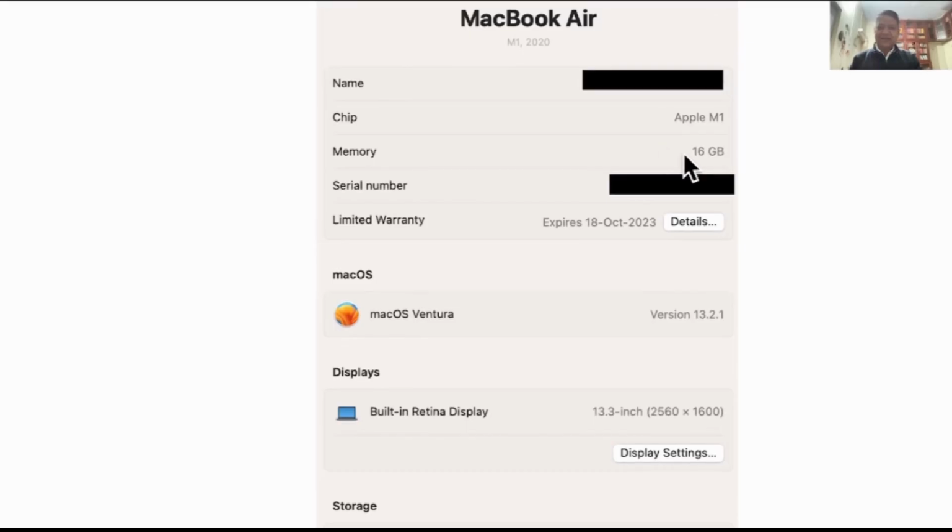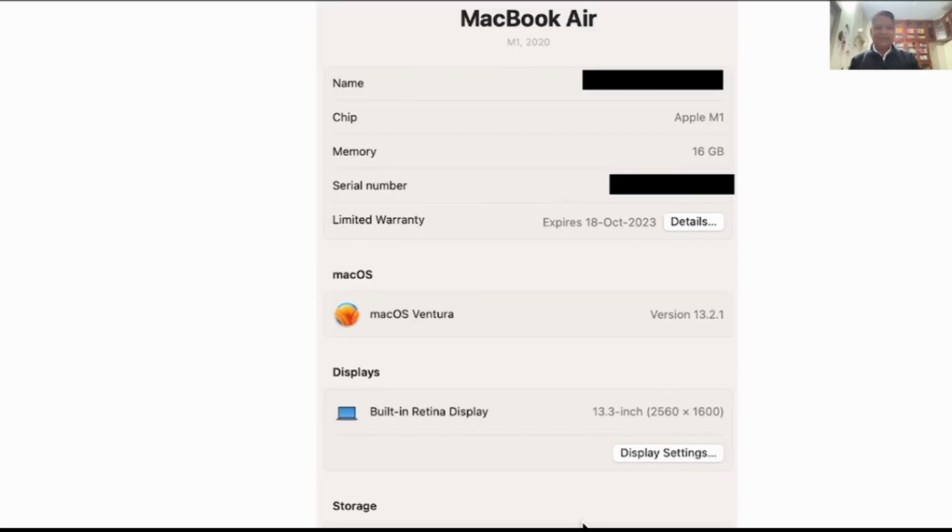This one has an Apple M1 chip, 16 gigabytes of RAM, a 13.3 inch display with that many pixels, and this is the hard disk. Anyway, you can look at your own machine.